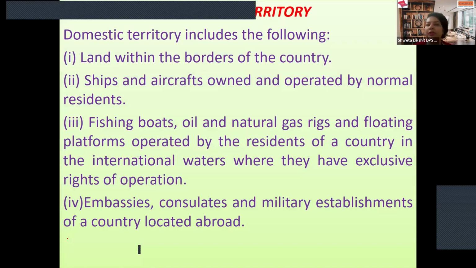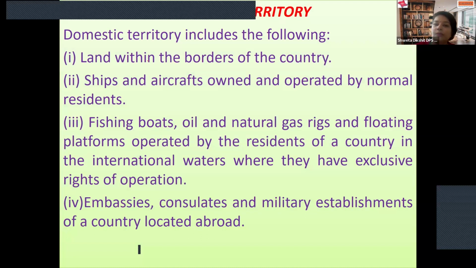Now, a very, very important thing, that is domestic territory. Until all these basic points are clear to you, you cannot identify whether a particular set should be included into national income or not. So it sounds very simple, but they have depth in them. Domestic territory,